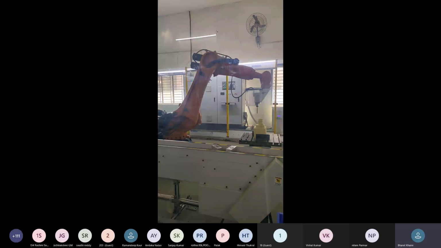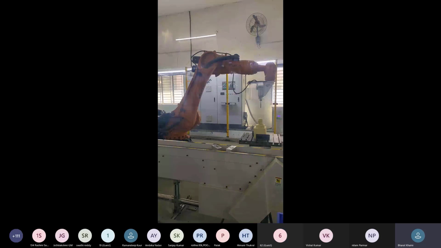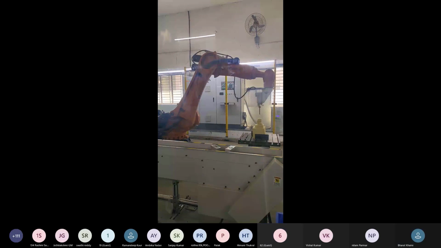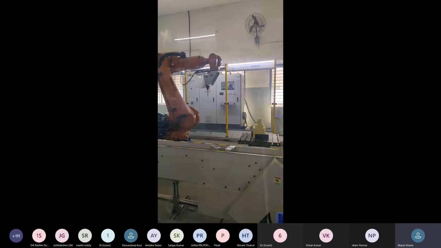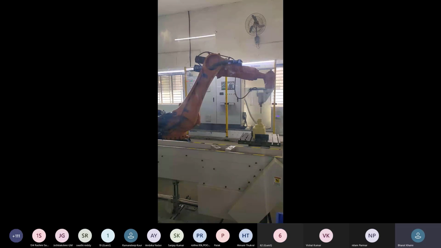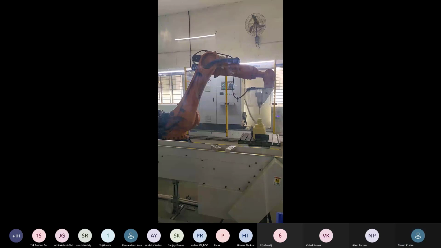So this is the end of our practical session of today. Have you any doubts? Sir, what can be the maximum distance for the teach pendant and the robot to operate? There is not a particular distance given, but the teach pendant has one cable, and that cable length is 16 meters. Okay, so in the range of 16 meters, we can jog and we can make the program. And the teach pendant is connected to the controller.